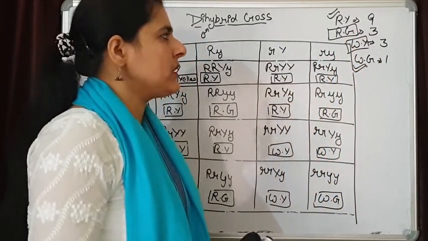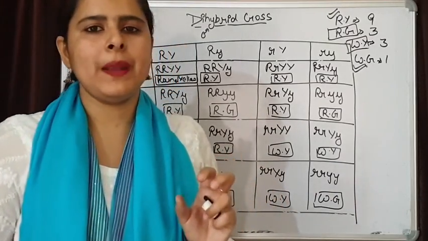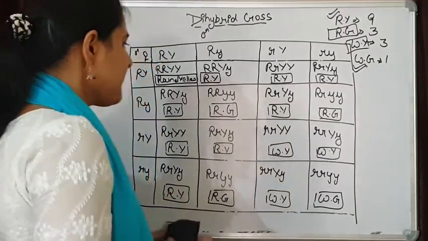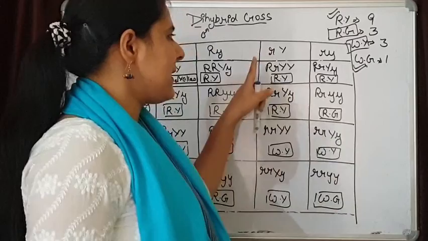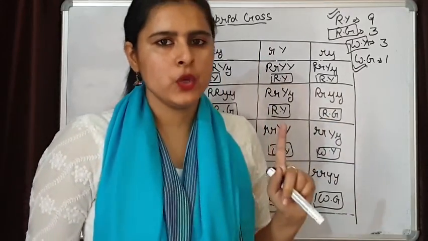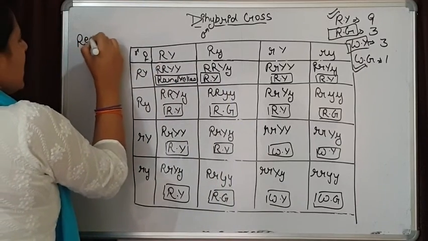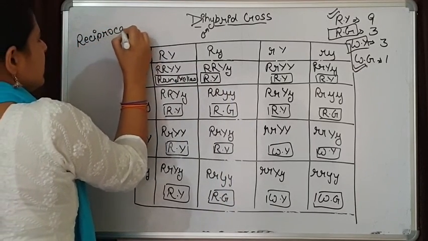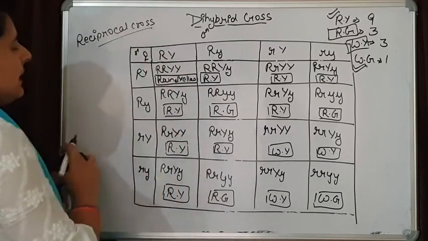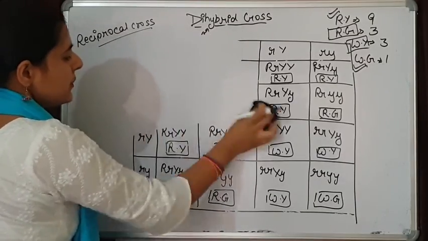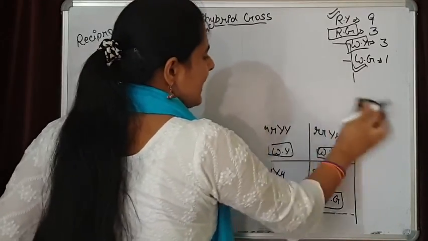This is important to explain Mendel's one more important law, that is the law of independent assortment. So we are going to discuss the law of independent assortment, that is explained by this dihybrid cross. One thing you need to remember is that we can do a reciprocal cross also. What does this reciprocal cross simply mean? Reciprocal cross means that in both monohybrid and dihybrid crosses, a reciprocal cross can be done.